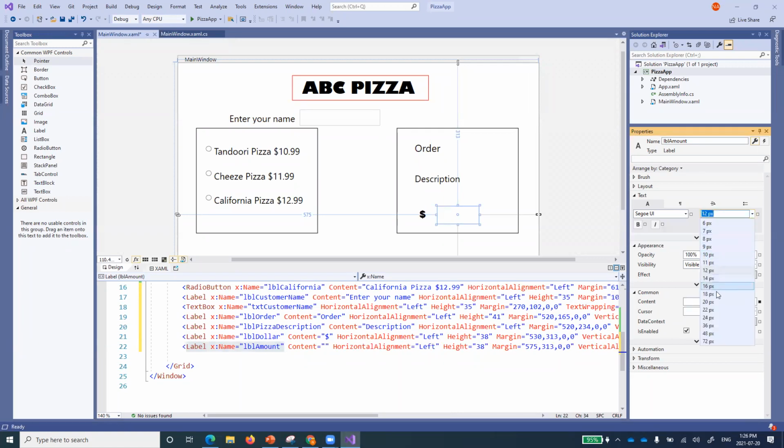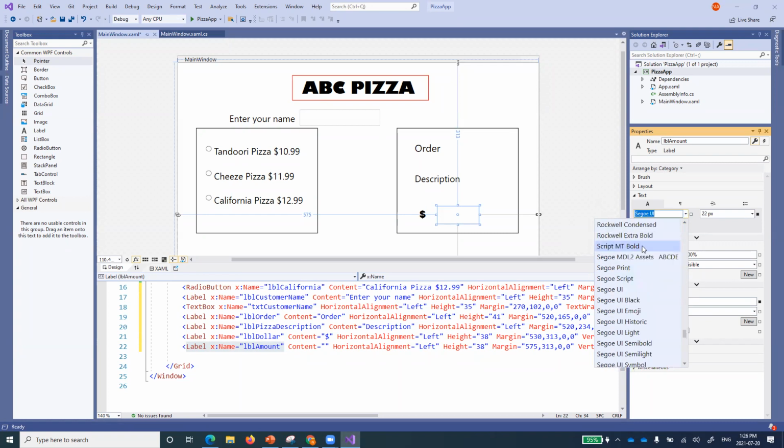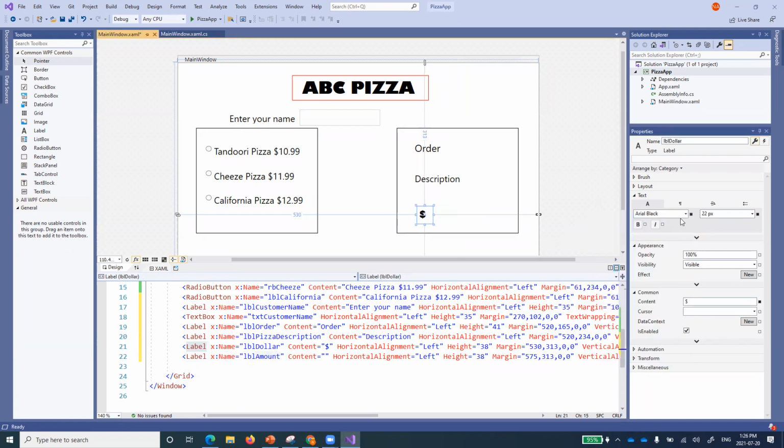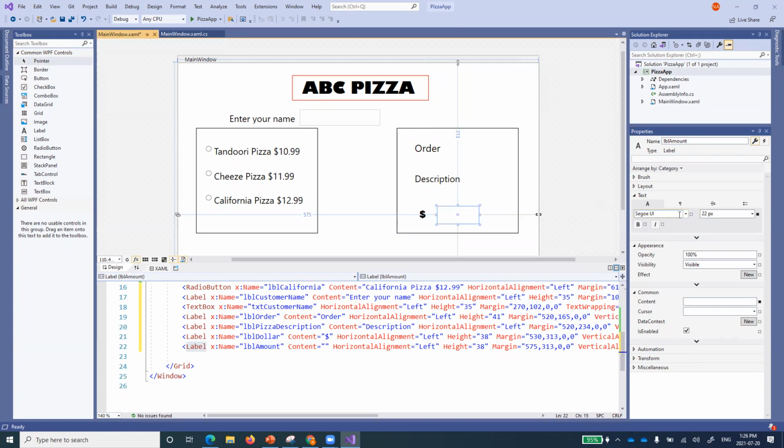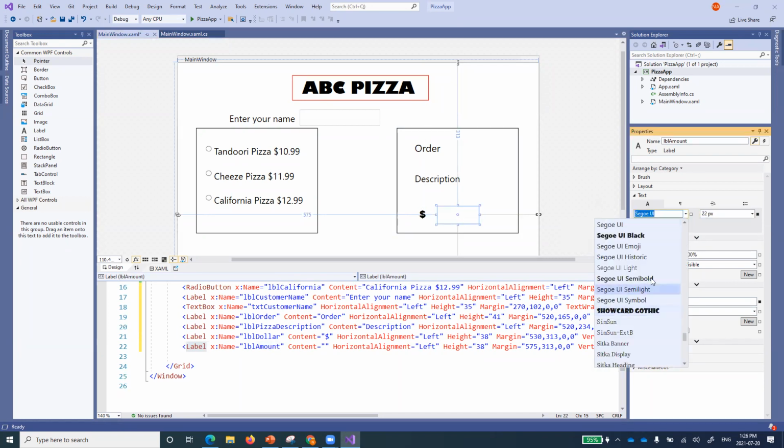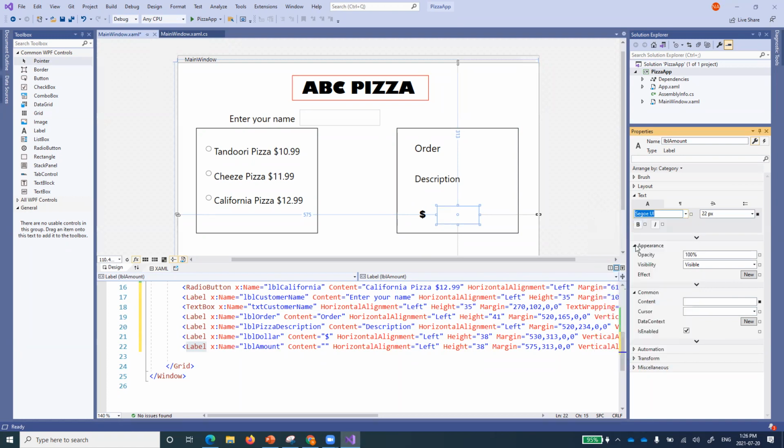I want its font size to be 22, and the same as the other one. Just hold on a minute, what was selected? Arial Black. So I would select this also to be Arial Black, so that the price also comes in a bold form.